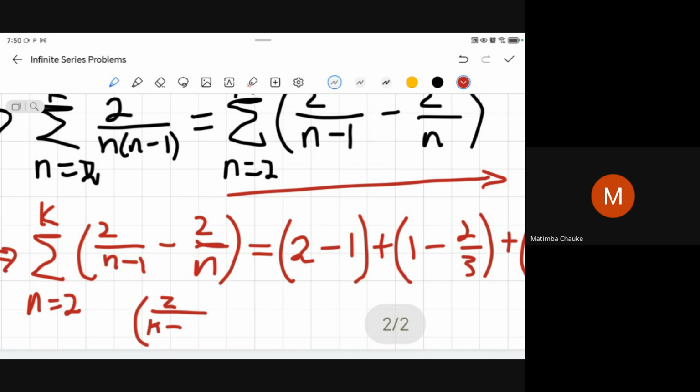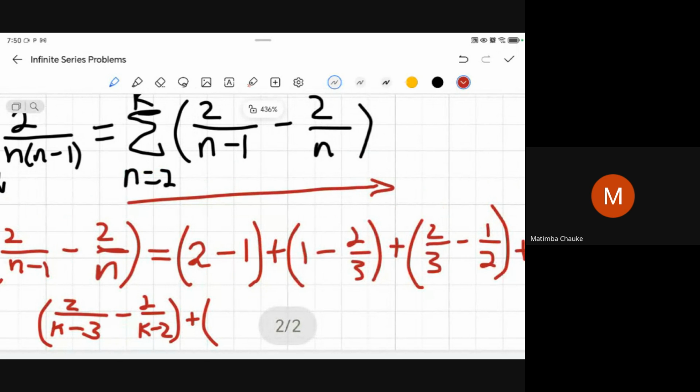If I apply k minus 2 here, k minus 2 minus 1 will be k minus 3, right? And then minus, and this will be 2 over k minus 2, plus. So now I move from k minus 2 to k minus 1. And this would be 2 over k minus 1 minus,